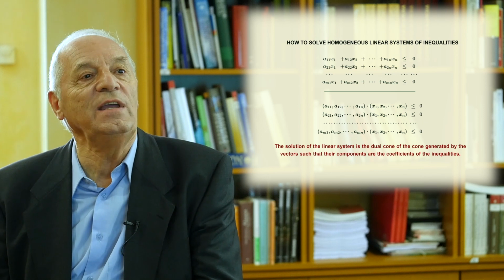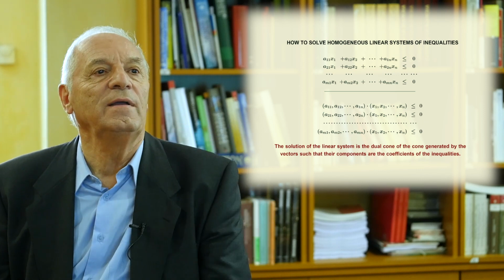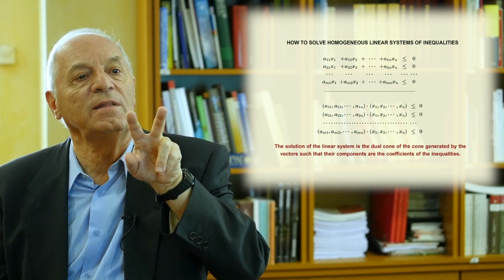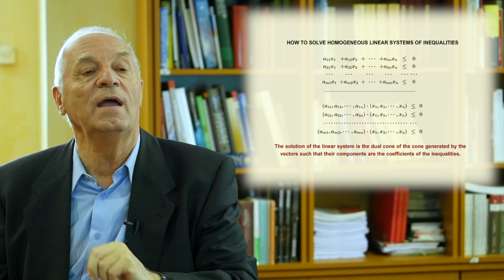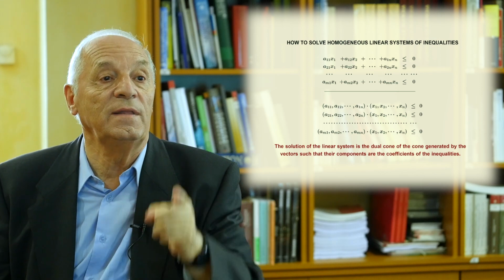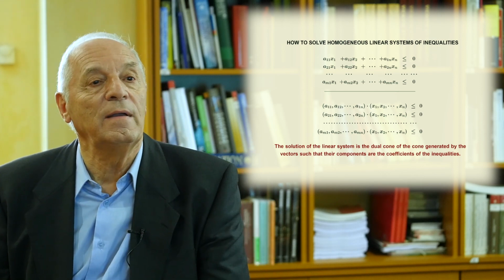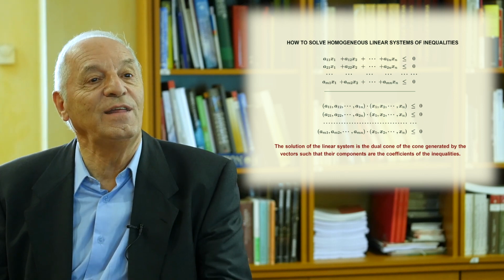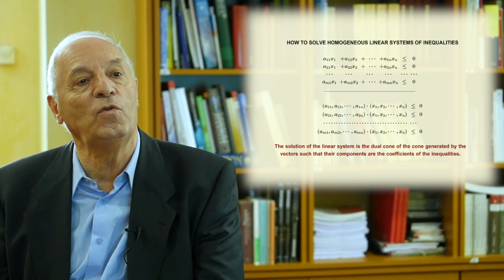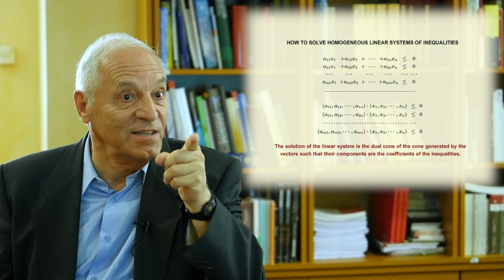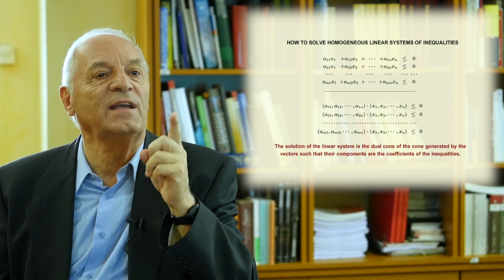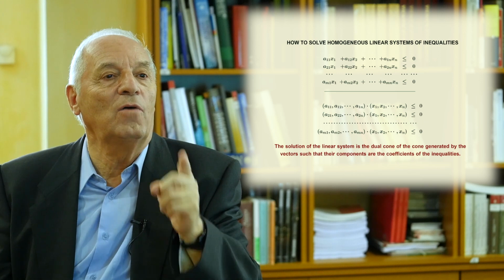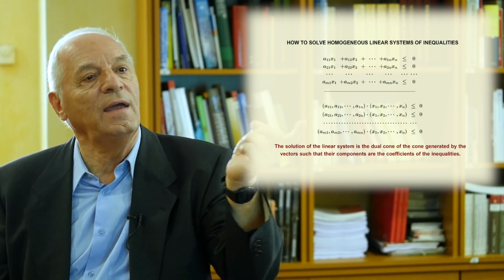The idea is to see that the first equation is the dot product of the vector a11 up to a1n times the vector of unknowns x1, x2, xn, and that is less or equal to 0. Then we have the dot product, but now it is not equal to 0, it is less or equal to 0. And the definition of dual cone is precisely this. This means that x1, x2, xn is in the dual cone of the cone generated by the row